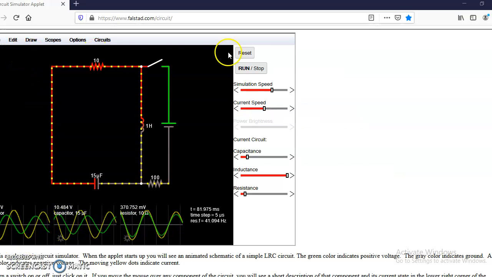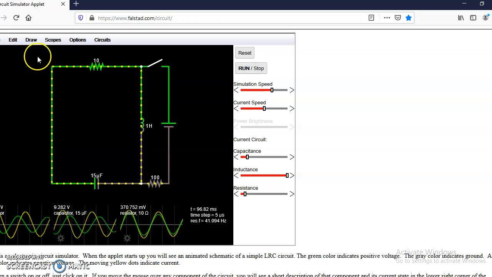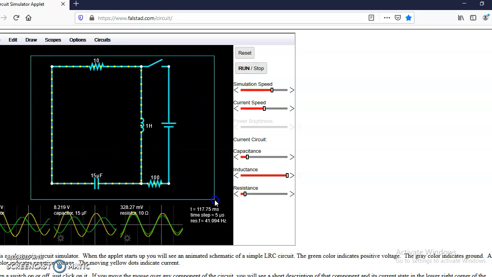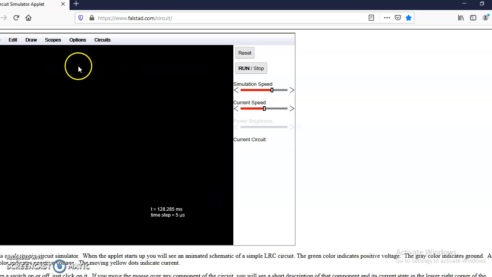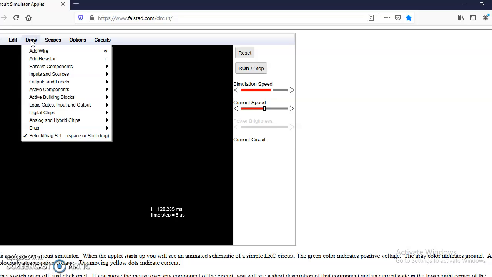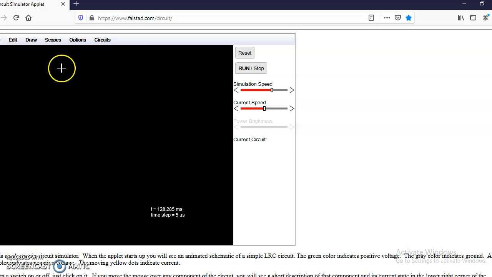Now we'll move towards this falstad.com circuit simulator applet, where we have to cross check our answers. Now we have to implement the same circuit over here. So in this circuit 5 resistances are present, so I have to add resistances according to their position. 5 resistances I have to plot. So I'll implement these 5 resistances, then the 4th one is at this position and the 5th one is at this position.